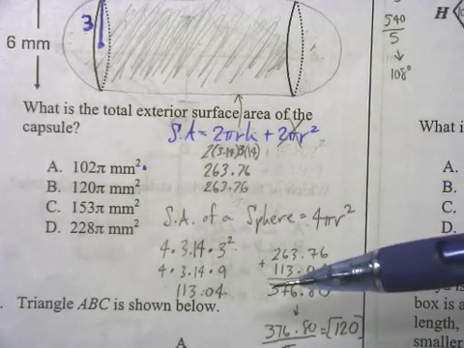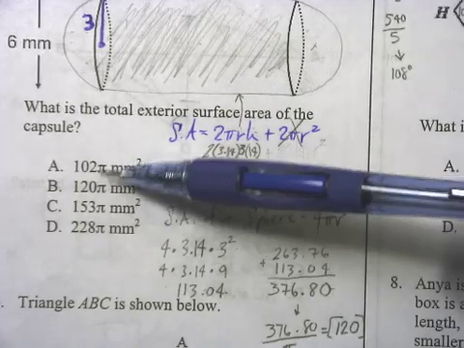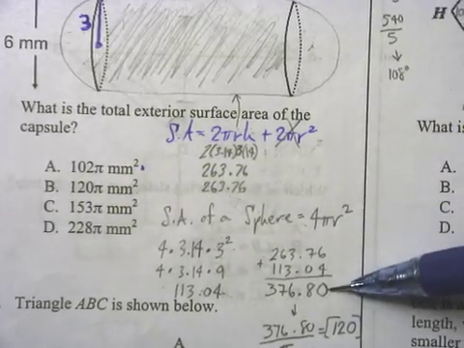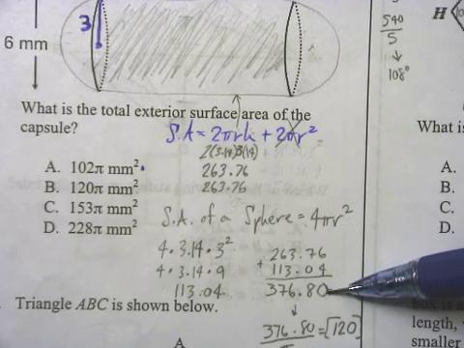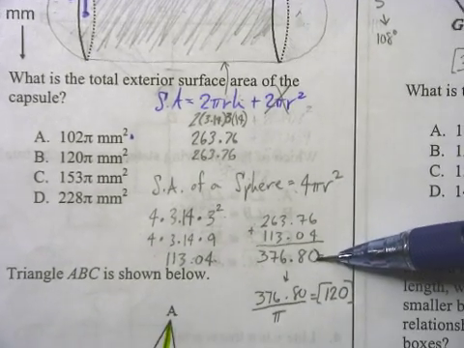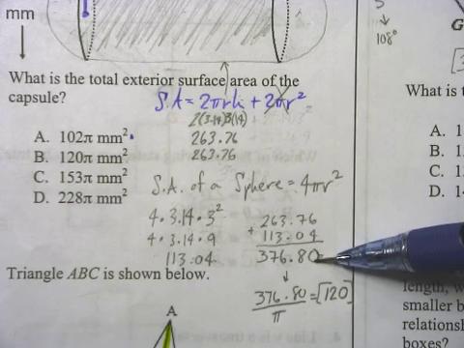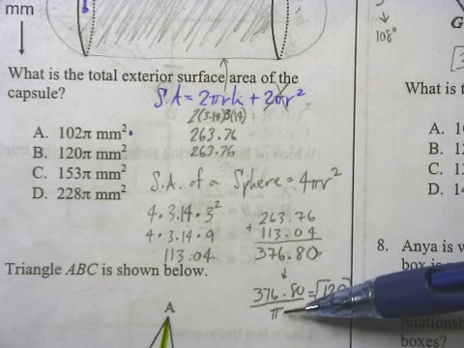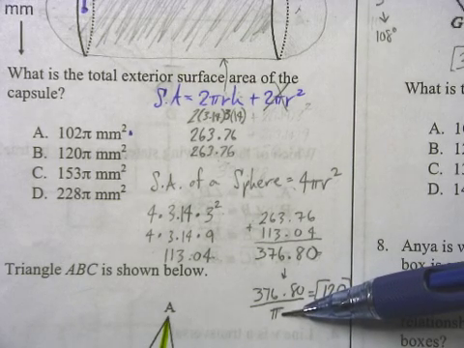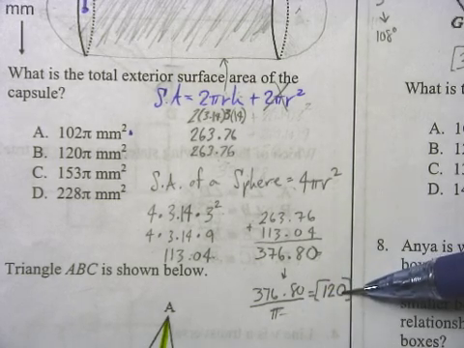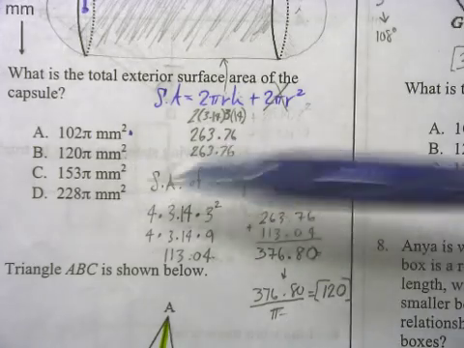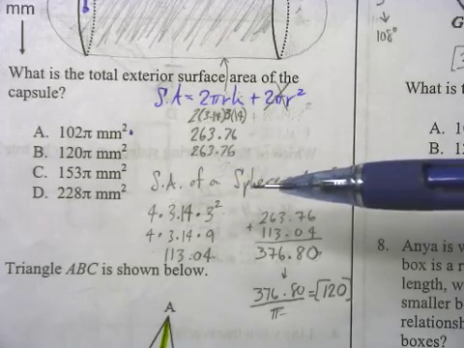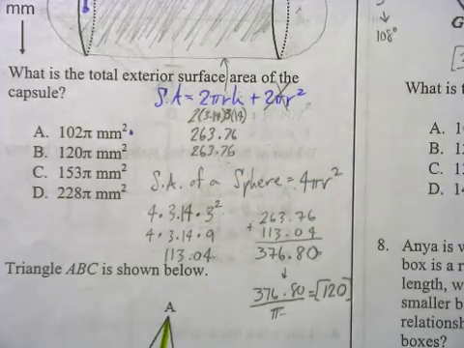However, when you look at your choices, first of all, you don't see 376.80, and in addition to that, you should also notice that all of your answers are in terms of pi, right? So what do I have to do with this surface area that I received? Well, I got to put it in terms of pi. How do we put an answer in terms of pi? Well, I take it and I divide it by pi. I divide it by 3.14, and when I do that, I get 120 pi,